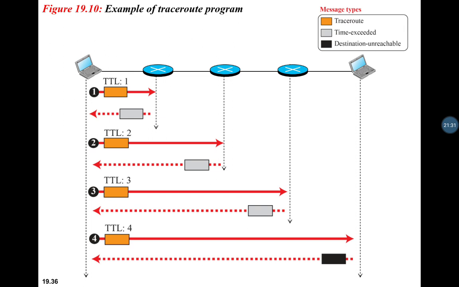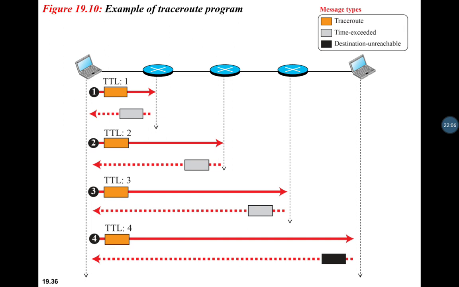In case the time to live value is only 1, when it is decremented, it becomes 0, and automatically the router has to reply back to the sender by reporting the error. It is said to be the time exceeded error reporting message. That means time to live is 0, so the packet cannot be transferred next, so it sends an error reporting message. Actually, this is done here intentionally.